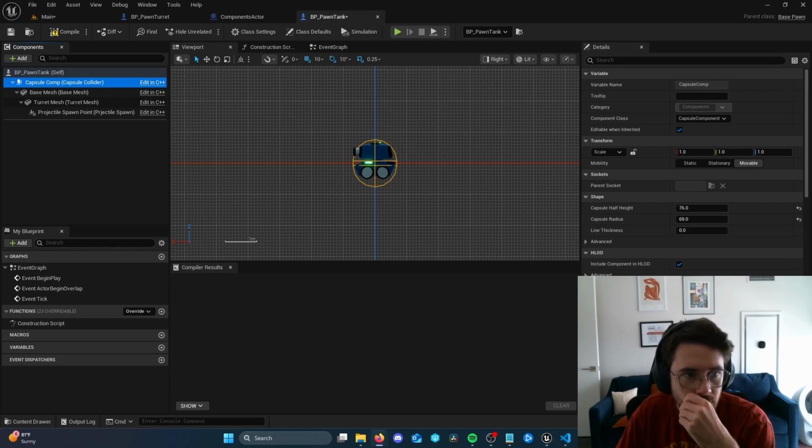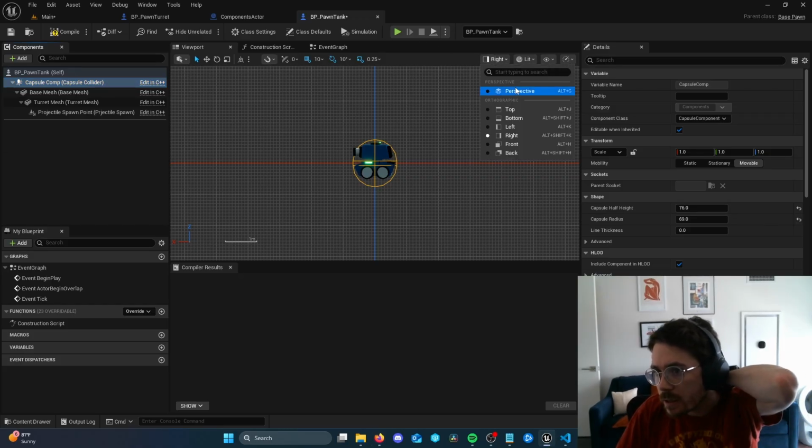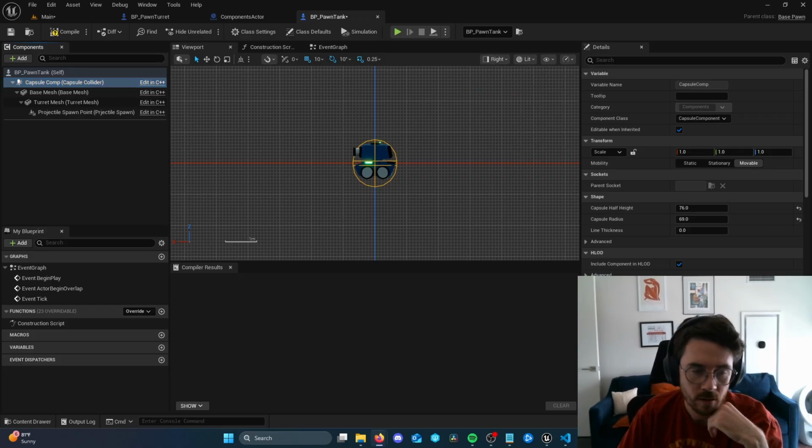In orthographic mode. This places everything on a plane so I can move things and get them just right. Now I'm going to turn off snapping so I can position this more precisely, and I think that's looking pretty good. Now I'm going to go back into